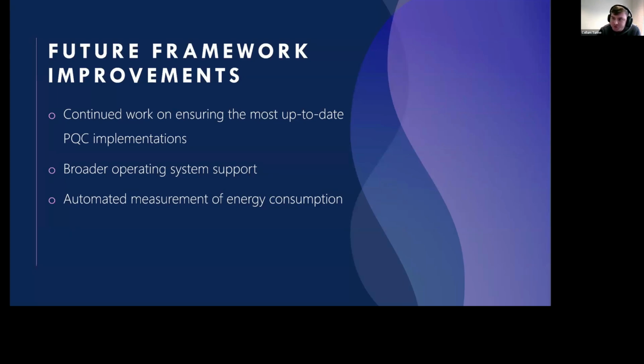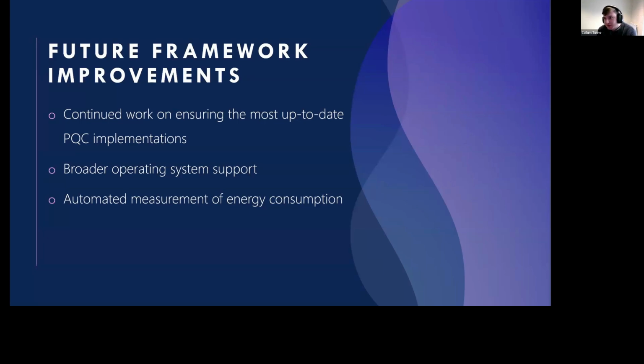Finally, one of the most important things for IoT is energy consumption. We aim to start integrating automated measurement of energy consumption. This will provide very useful information on the demands that post-quantum cryptography would have for IoT. When we look at computational performance compared to classical schemes, there are often times where some PQC schemes will perform better than classical.